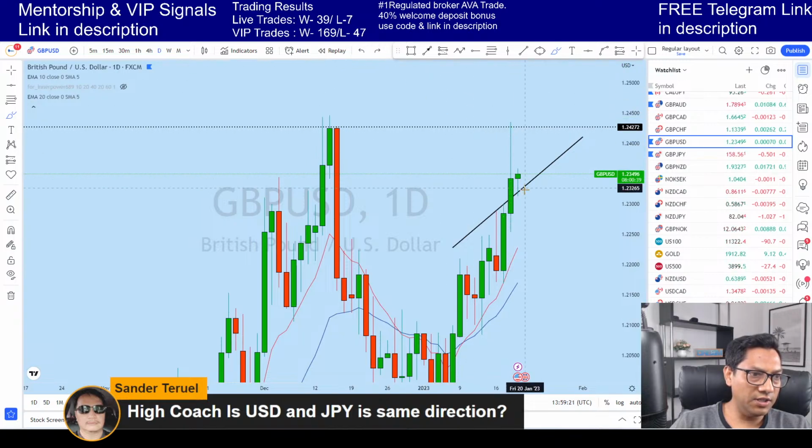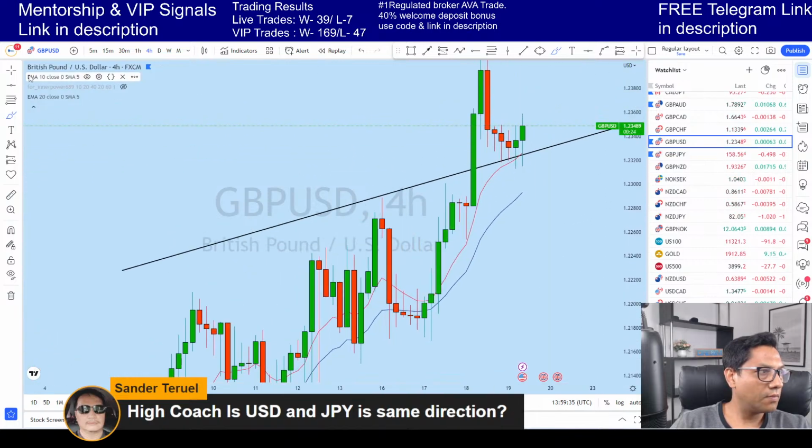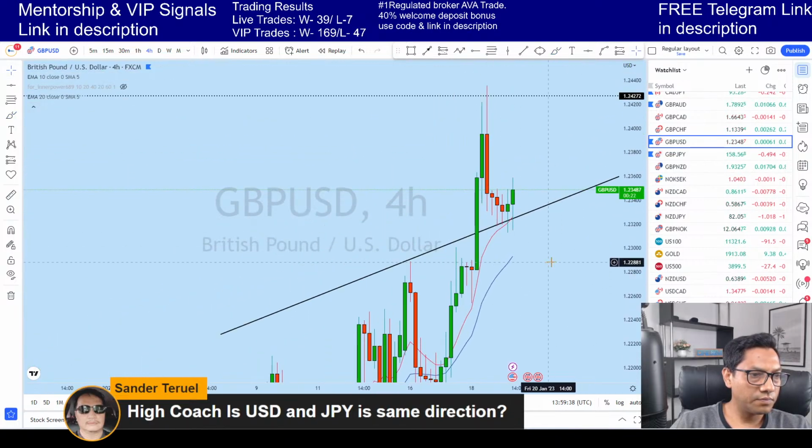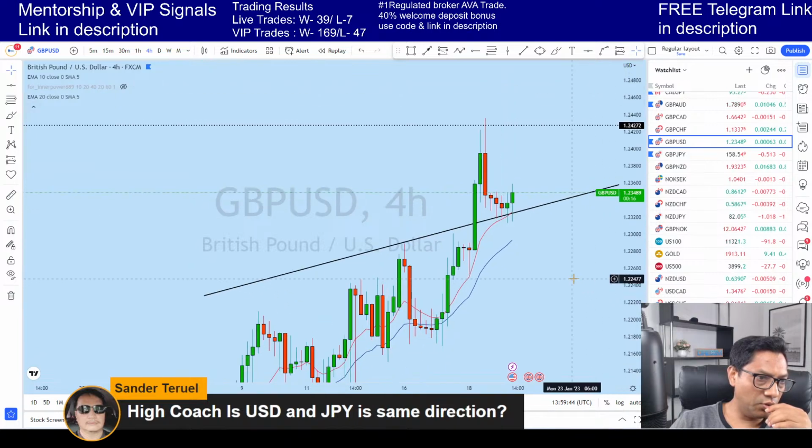What I think this price will do: first it will come down, grab liquidity, and then go up to this resistance and come back down again. So if we look at this lower time frame, what I think GBP USD is going to do is